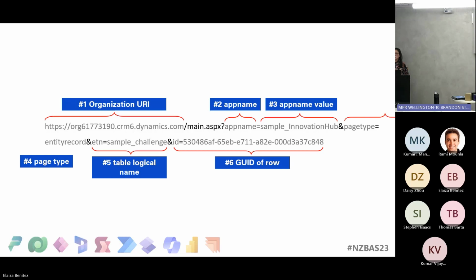So the page type can either be entity record or entity list. Because we're directing the user to view that challenge in the model-driven app, the page type needs to be entity record. And then we also have to provide a reference to the logical name of the table. So sample underscore challenge is the logical name of the challenge Dataverse table. And then we also need to provide a GUID for that row. So when we go back to the Power Apps card,